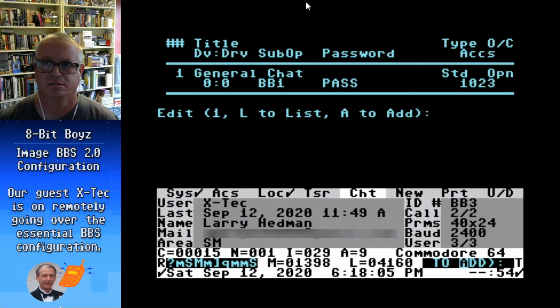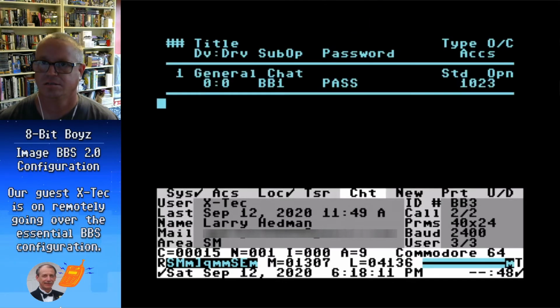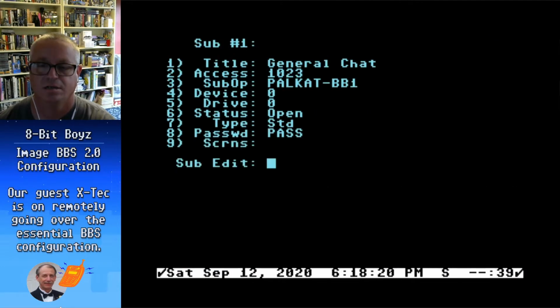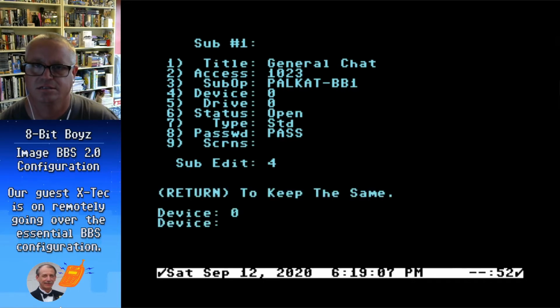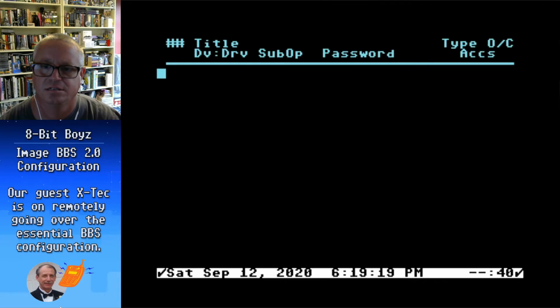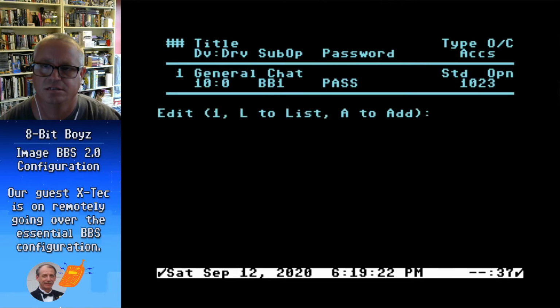I'm going to edit this sub right here because it's got it defined for type of 1 in order to edit this. It says device 0, drive 0. We'll say the subboards are, we're going to use number 4 to set the device to 10. And the drive will be 0, so that's fine. So we've got one sub,